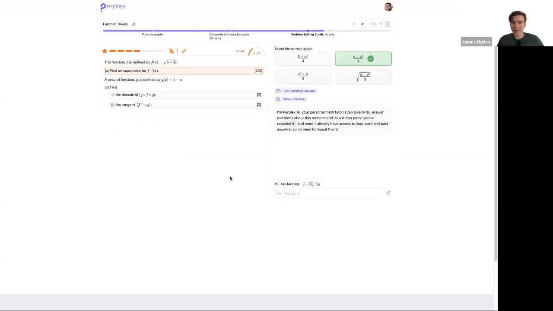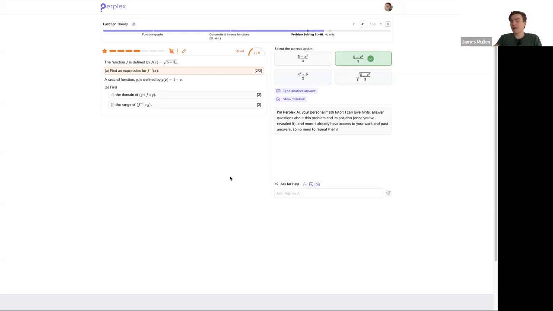Let's talk about part B, I. So I'm thinking about the domain of g composed with f composed with g. So it's a triply composed function. All right. Now you can simplify this slightly. There's a more traditional way to do this, but you can make this a little bit easier